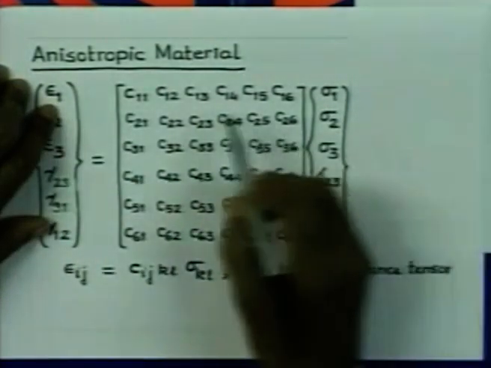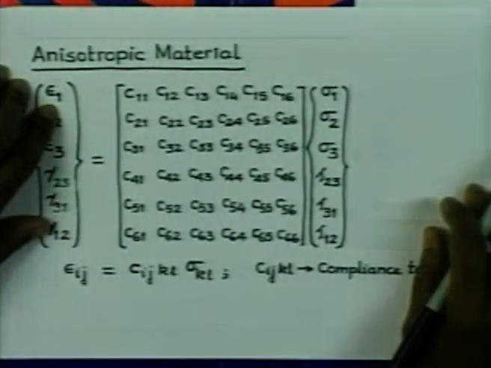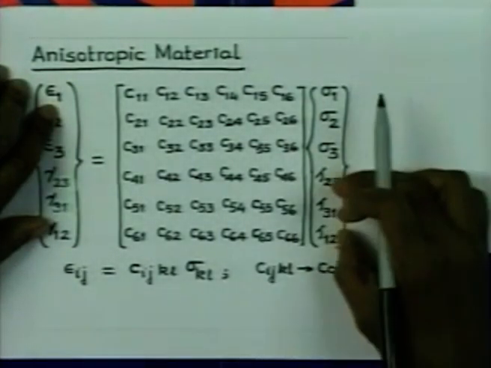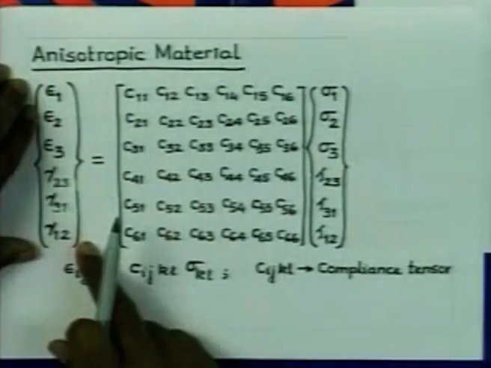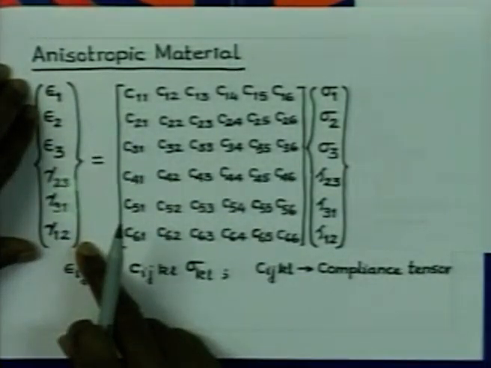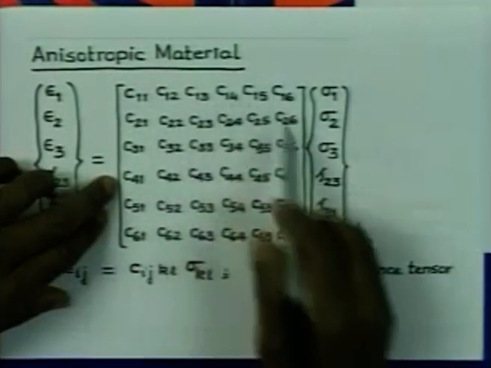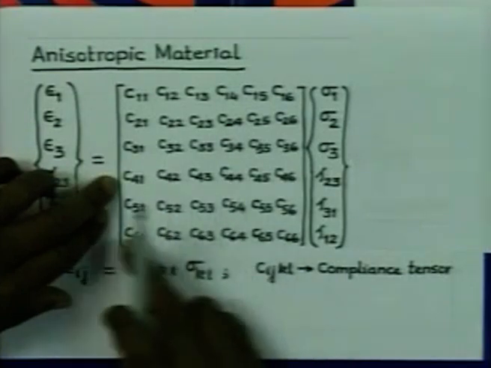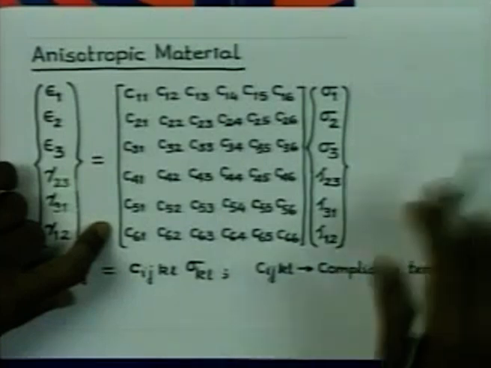Note that here these C14, C15, C16 constants are not 0, and therefore you find that the shear stresses are going to contribute to the normal strains. So you can write the expression for all the 6 strains, and in this it is a 6 by 6 matrix. So this compliance matrix or tensor is a 6 by 6 matrix, but then it is a